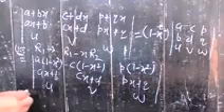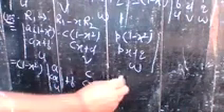Yes, sir. Okay, so now you take 1 minus x square common. So if you take 1 minus x square common, what you have: 1 minus x square common, and here you have a, ax plus b, u; here c, cx plus d, v; and here you have p, px plus q, and w. You have this result.